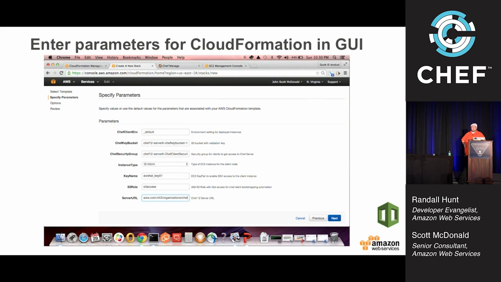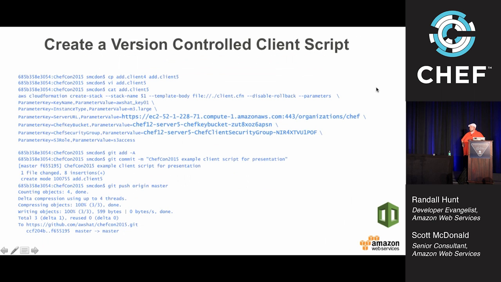So how do we actually stand up these clients? Again, we could use the console, and if you just want to play with this once and see it work, go home, download server CFN and client CFN, and just use the console to browse to those files and stand those stacks up, and you'll just be pasting these parameters one time to add a client or two. Not a bad way to demo something, but it's also easier to use a client script for this that we can place under version control. So what I did here is I have a default client script, that add.client pattern,